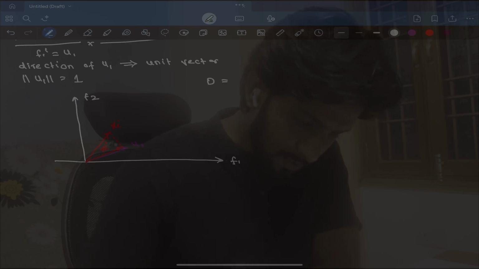D is the set of all the data points xi where i goes from 1 to n. D dash is the set of all the xi dash where i equals 1 to n,